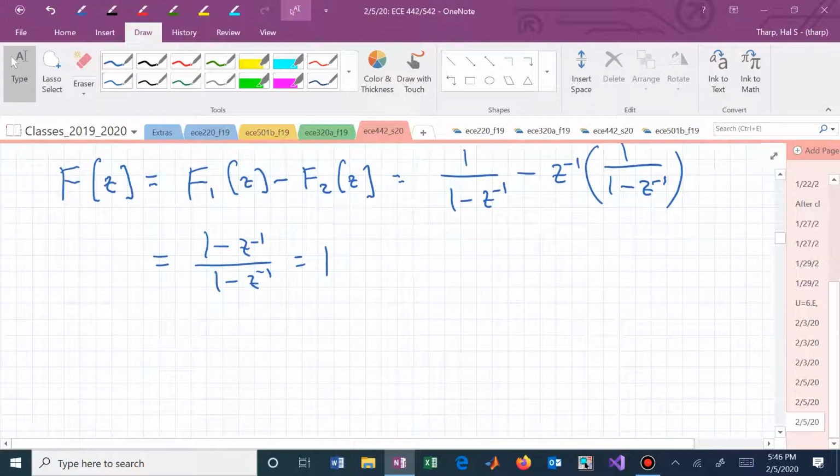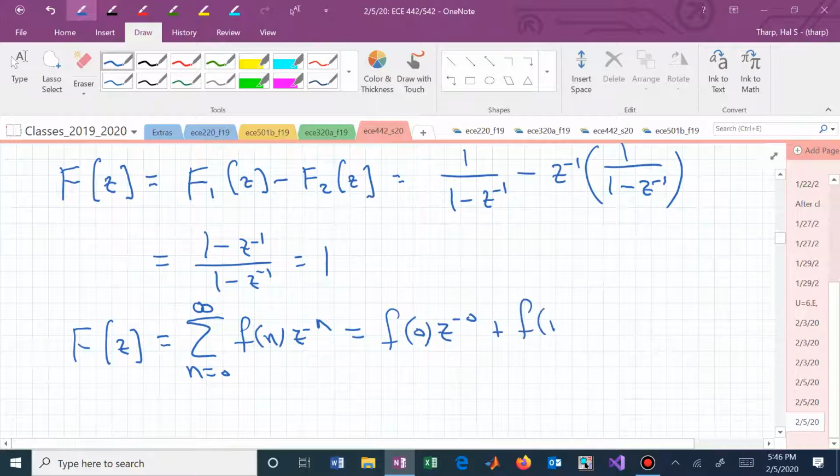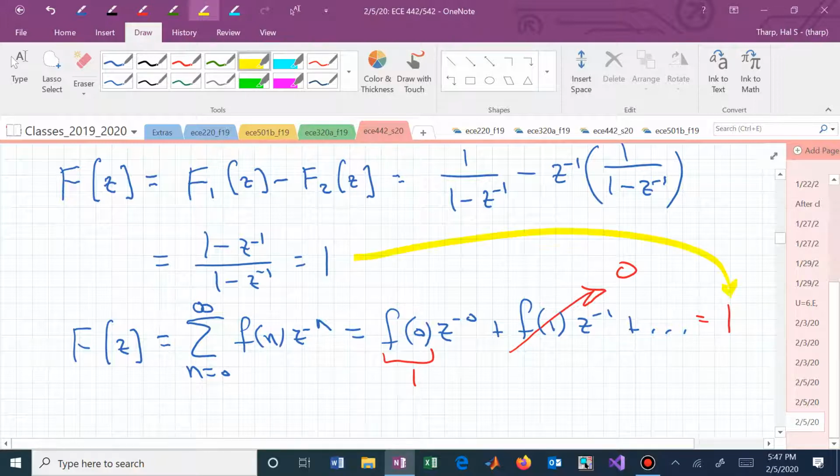Or we could have done f of z from the sequence. And what does that look like? That's now f of 0, z to the minus 0, plus f of 1, z to the minus 1. But remember, all of those were 0. And we just had this very first one equal to 1. So that was 1, and we do get consistency here between the different strategies for computing